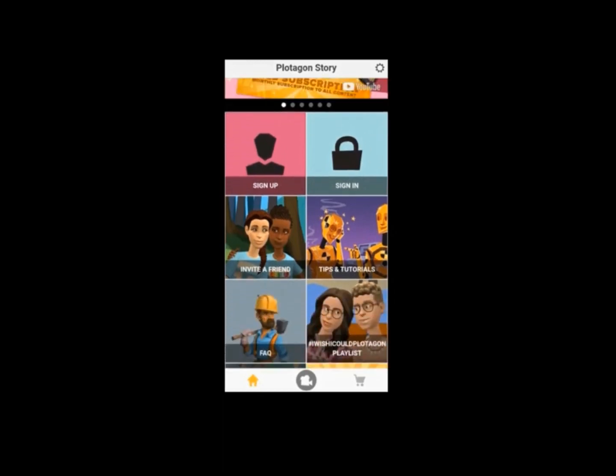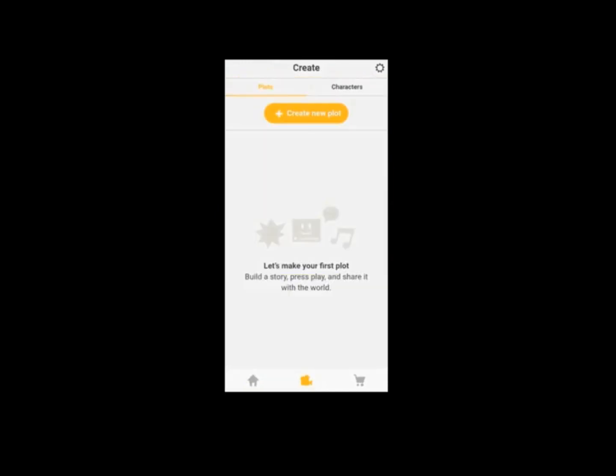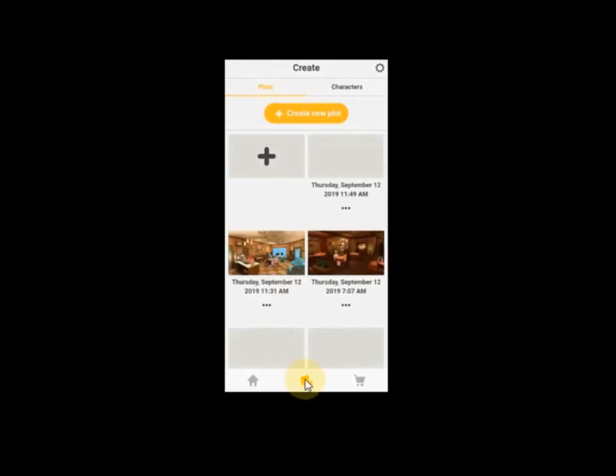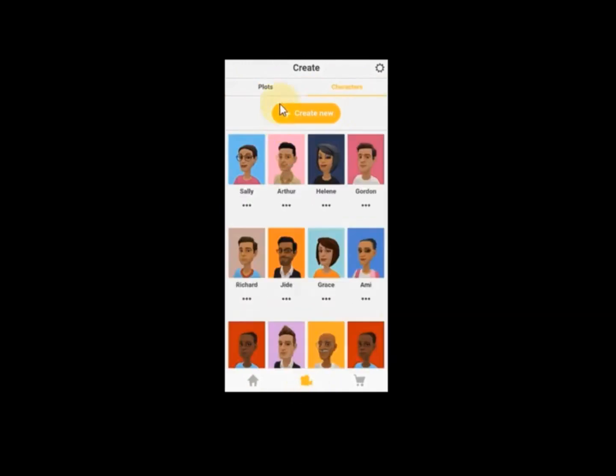These are the various features you're going to see. When you click on this icon that looks like a camera, it shows the plot and the characters. Okay, now let's face the characters for now. The characters here,